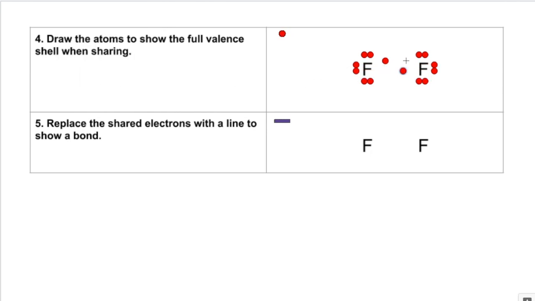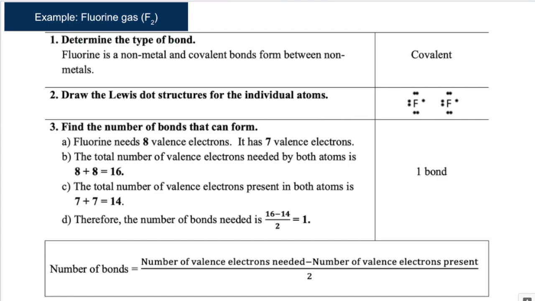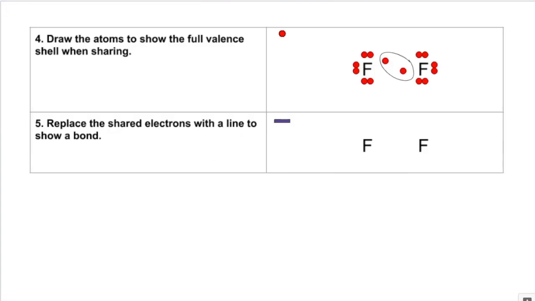Okay, what we find is that here, these two can pair together. Okay, so that pairing together creates the bond. Okay, so remember with covalent bonds, they share electrons, so these would be the two that they